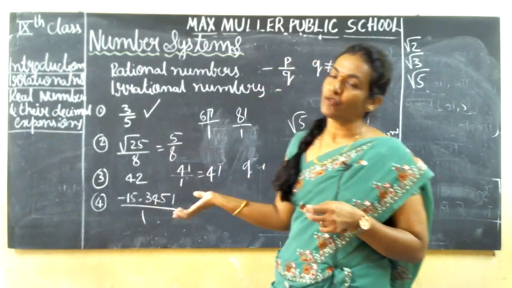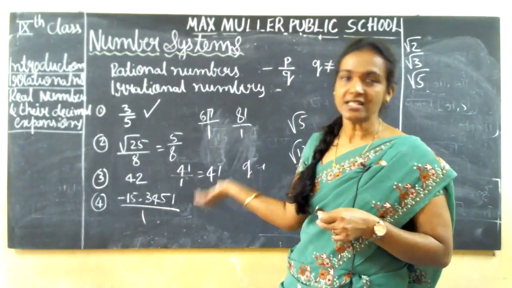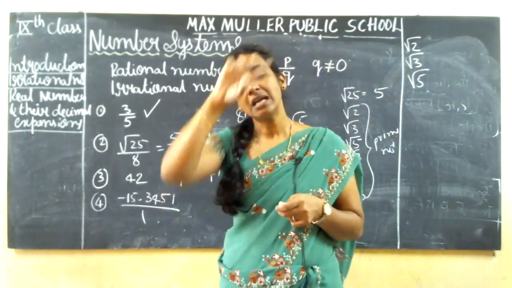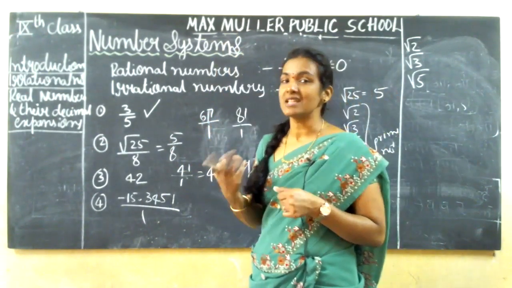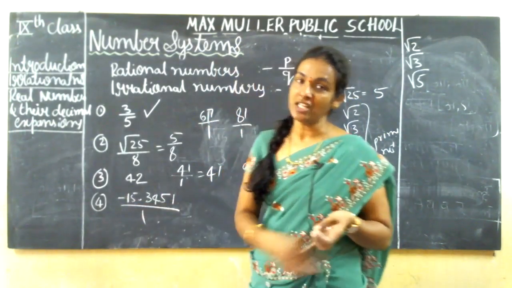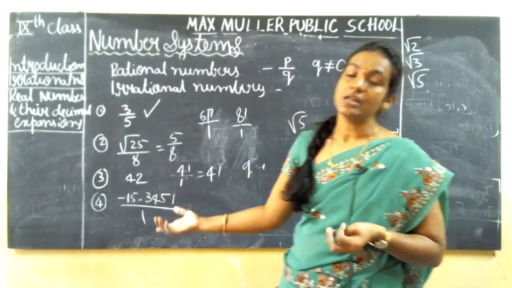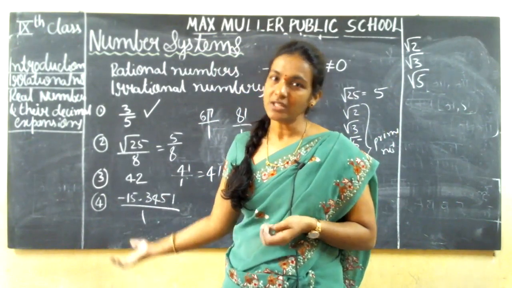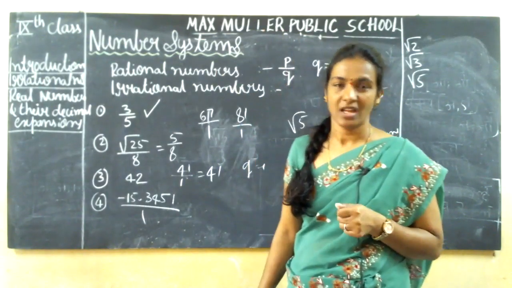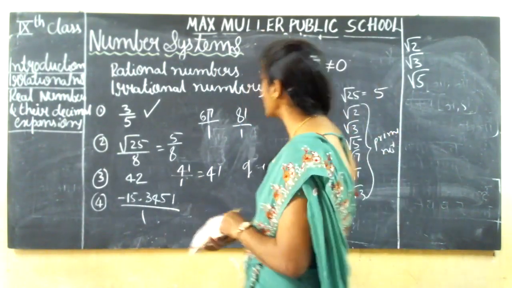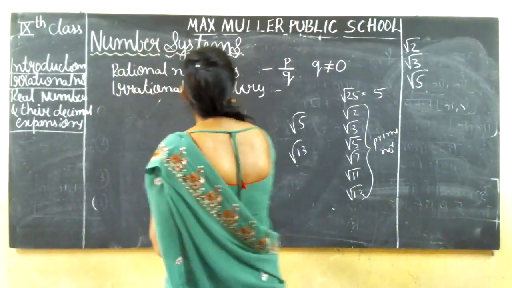So obviously you can write that in the form of P by Q, and Q is not equal to 0 here. More than 0 only. Isn't it? So if you have only a natural number, that is also a rational number. And the next example you get is negative values, integers. Okay. So that is 15.3451. Here also you can write 1 in the denominator place. So then also this will be a rational number. Understood? So these are the different kinds of examples I can show you to define the exact meaning of a rational number here.